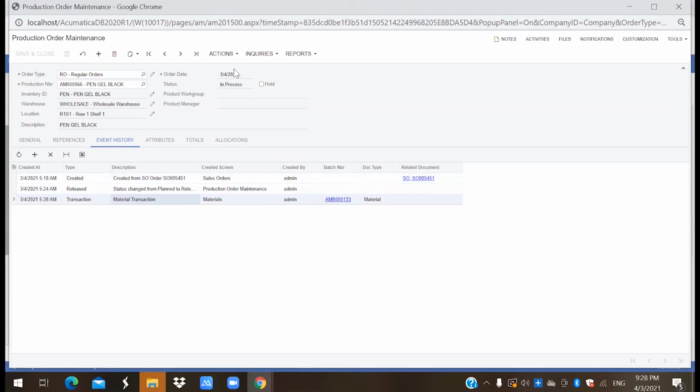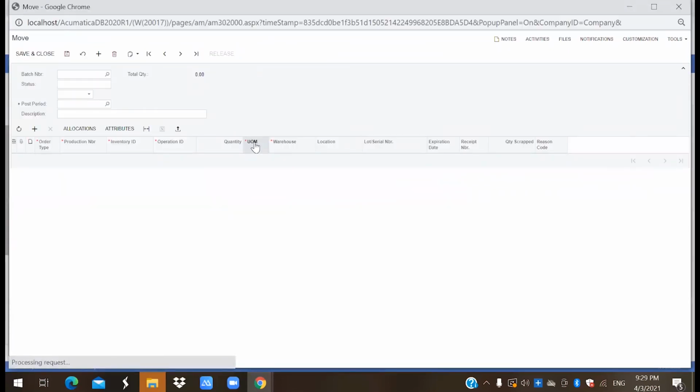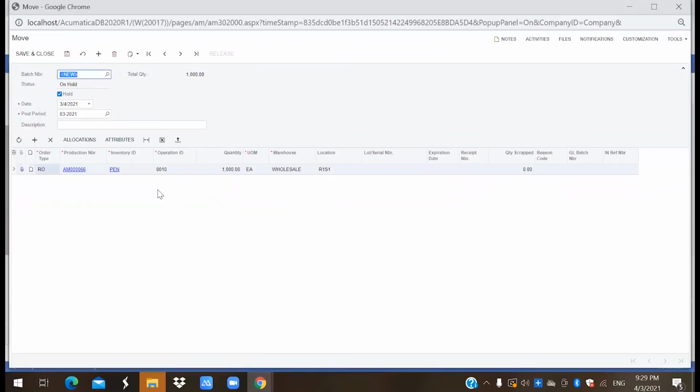Now we create a move transaction in order to receive our final product. Now this process we are running for the operation ID 0010, that is our first process. Since there are 3 processes involved, we have to run this move transaction 3 times.